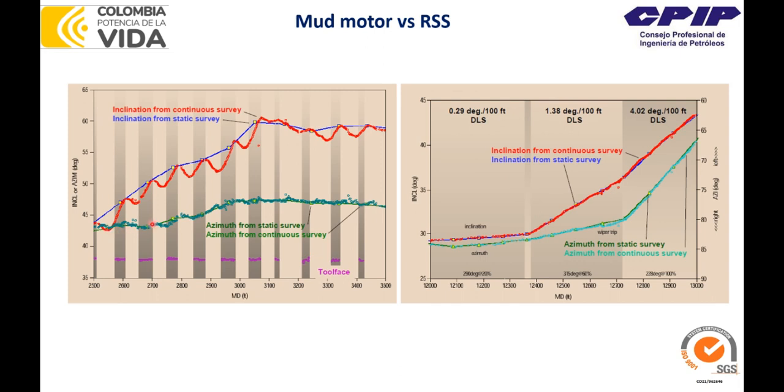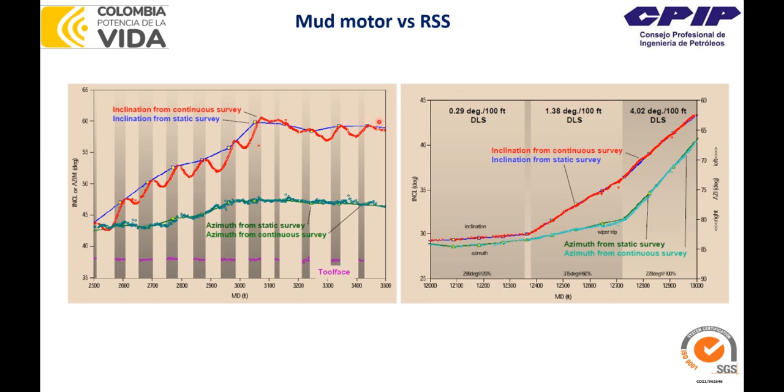Okay, and this is the build-up of the inclination. And here we have the azimuth. Azimuth normally doesn't have such big changes, but you still see the yellow squares here, which represent the static survey azimuth, and the green dots, which represent the continuous azimuth. And you can see it's not as severe as with the inclination, but you can still see this fluctuation: the real shape of the well in azimuth varies more than what you see on the surface. So basically the conclusion here is that the real shape of the well has much more tortuosity than you really see in the